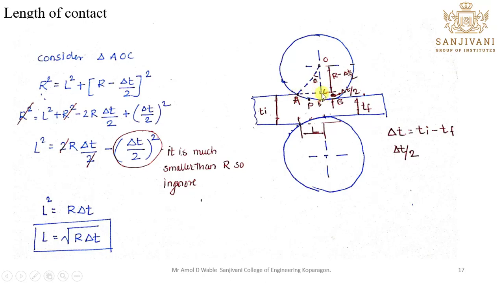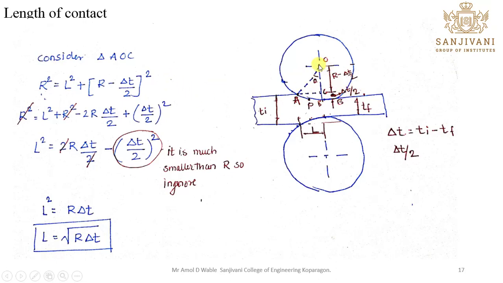Before that, what is the value of BC over here? That is the distance from this point to this one. You can calculate this as T initial minus TF. If you do it, then which area remains? The distance at the top, from C to B, and the distance at the bottom from this point to this one. And if you divide Ti minus Tf, that is delta T, by 2, you will get the distance on one side, that is the distance between C and B. So remember where this CB has come from: that is delta T by 2.